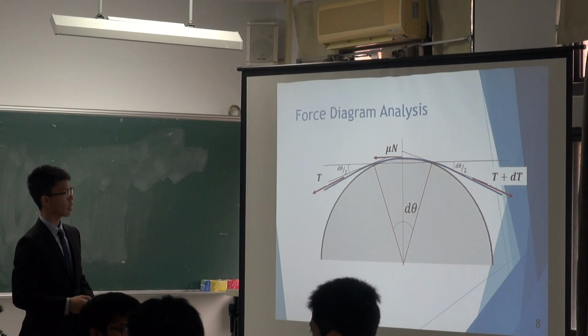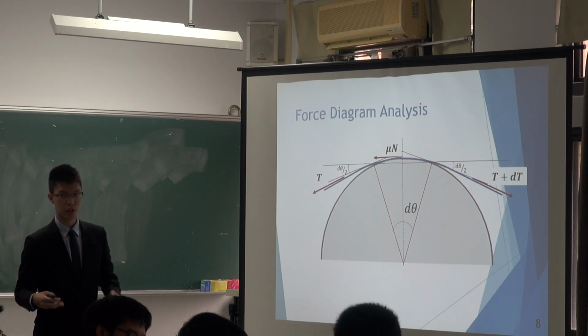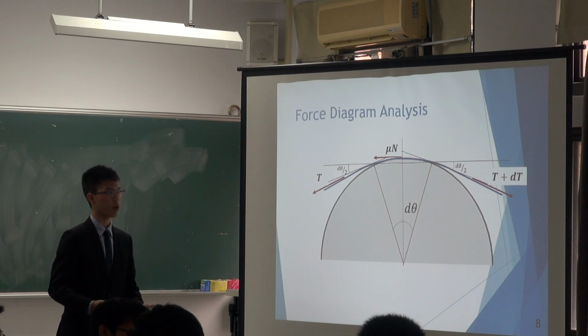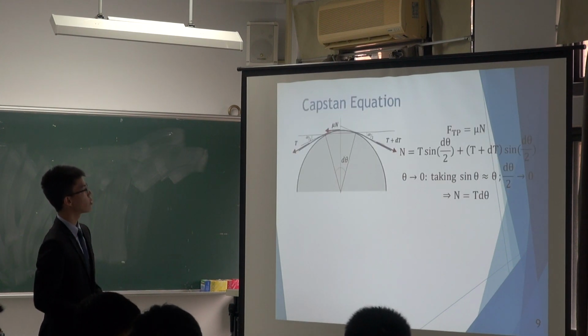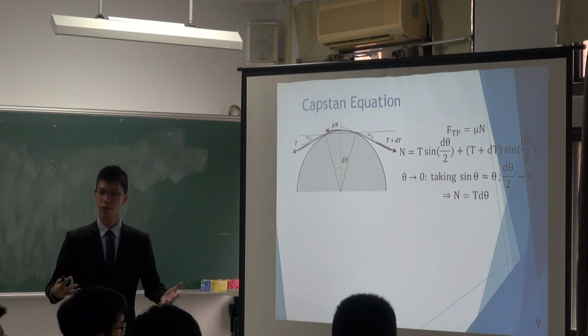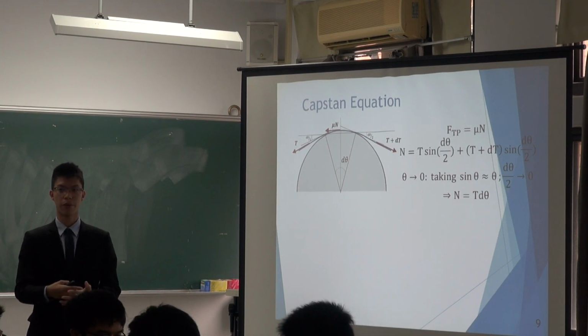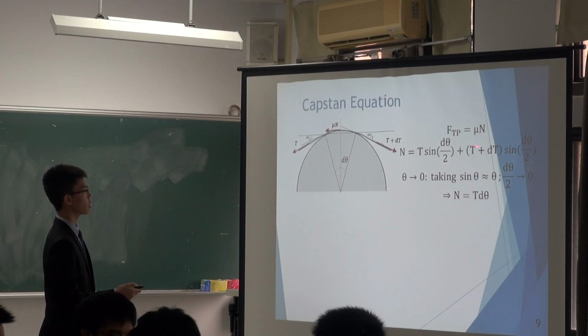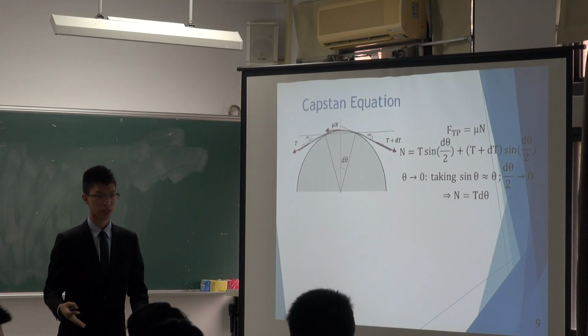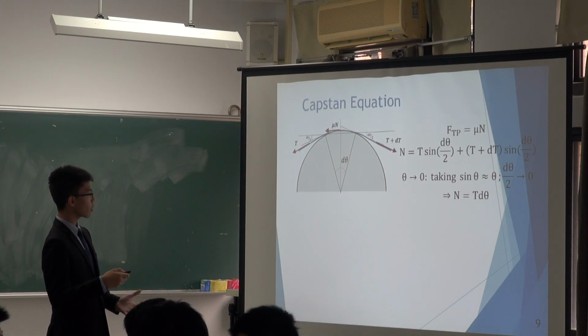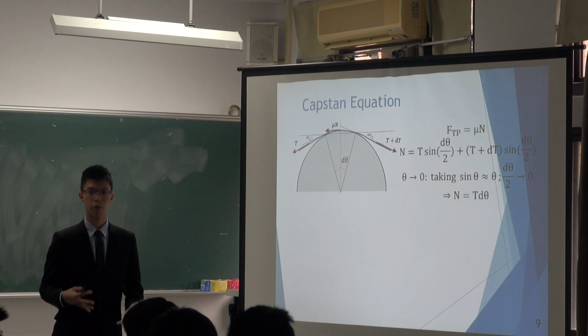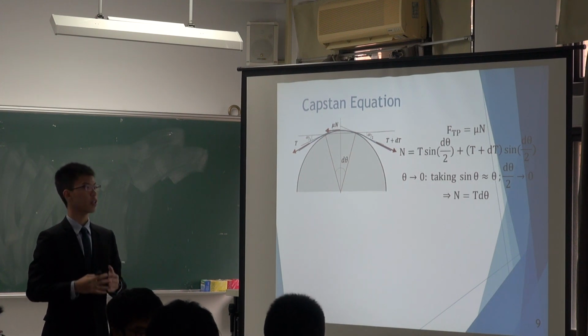So in order to calculate, we have to derive all the friction involved in this process. Therefore, we use the Capstan equation, which we could derive with the calculus method: we first calculate the overall force, and use trigonometry to describe what force actually acts on the rod, and then